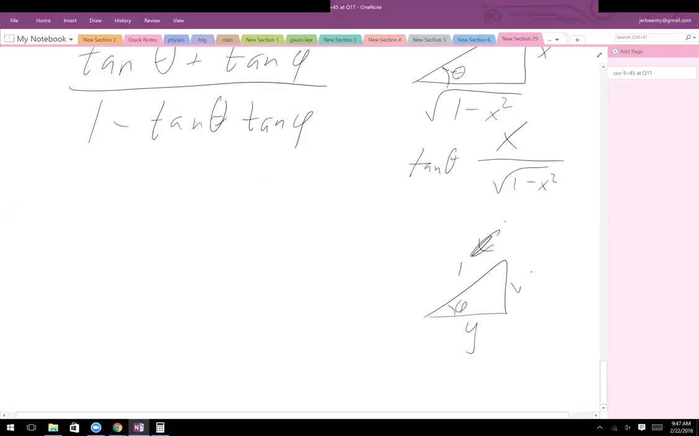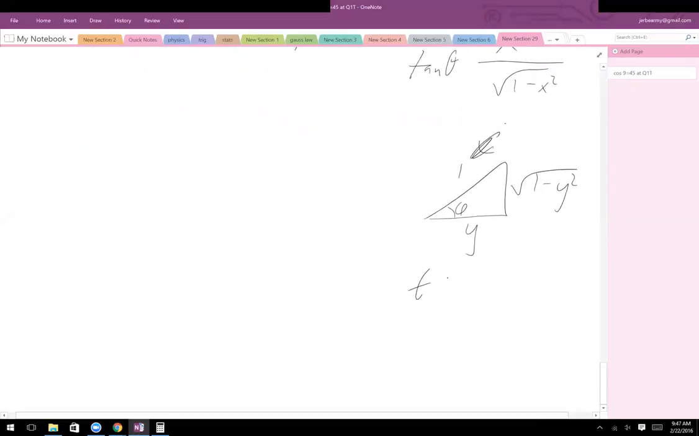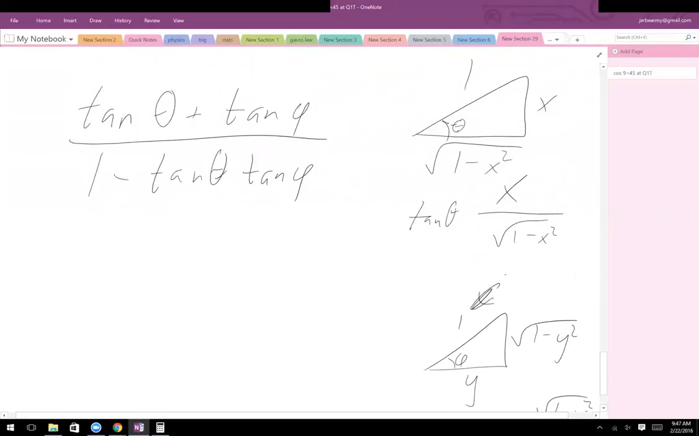All right, so square root of 1 minus y squared. So tangent of phi is the square root of 1 minus y squared over y. Right? So we have,